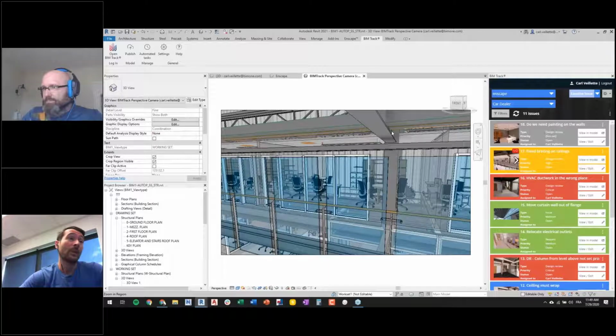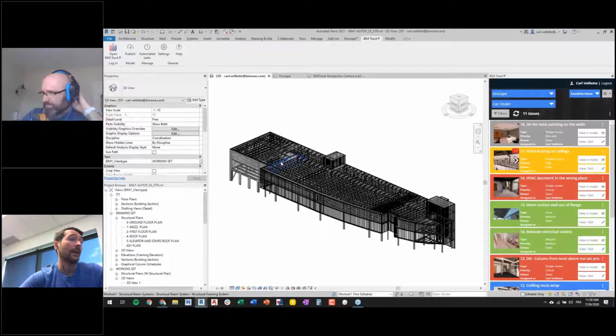So this is just one of the ways that an engineer and an architect could work together with BIMTrack and Enscape. And the truth is that obviously I'm the structural engineer, so I'm working out of the structure model here, and Dan's basically using the architecture model in Enscape with the structure link. So it really doesn't matter. The way BIMTrack works is with camera location, so you can transpose the issues in any version of the models, and also in any software. So it becomes very powerful when it comes to seeing things in different contexts.